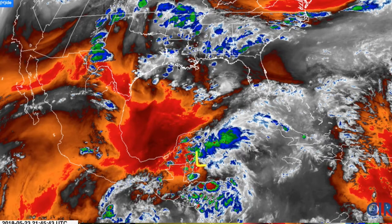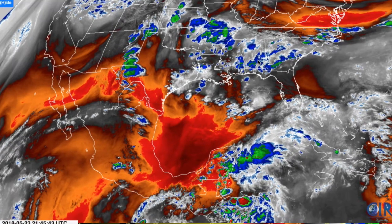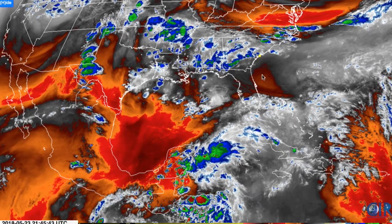So here's our low right here, and we had this trough over the Gulf of Mexico. That has since lifted out and is now over here, weakening and kind of diverting off towards the southwest. But there is still some shear over here because you have another weak low that just emerged off of South Texas that is instigating a little bit, and I mean a little bit, of shear over 90L,